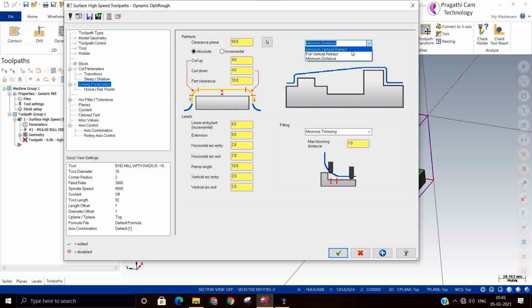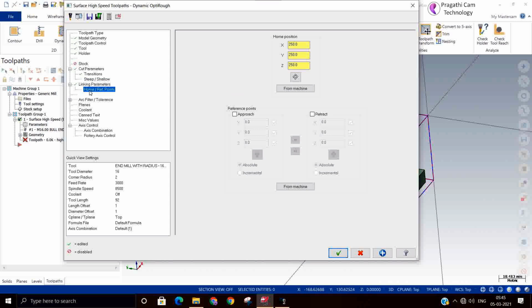You can switch on. This is about the lead in and lead out. Horizontal entry, vertical entry, ramp angle, all the things you can give. You can accept the default whatever it is. Suppose you want some reference, you can select it, otherwise leave it. This is the tolerance page.